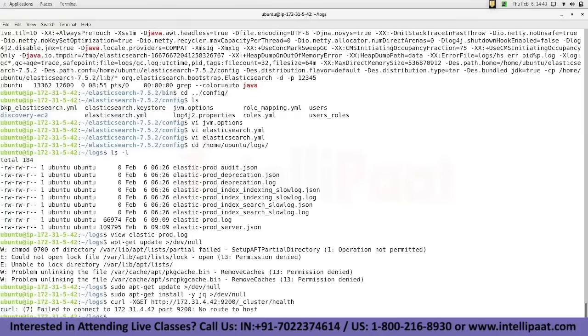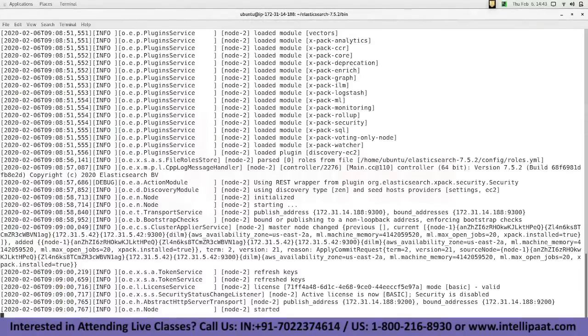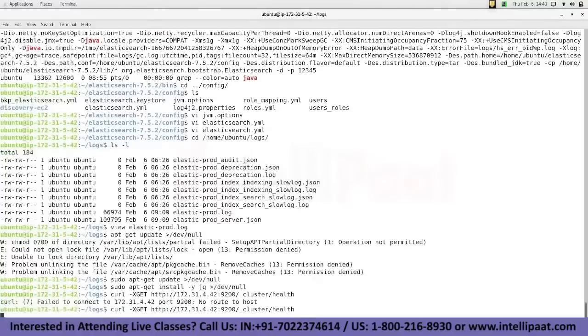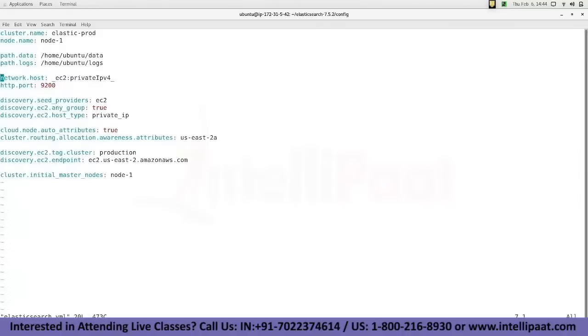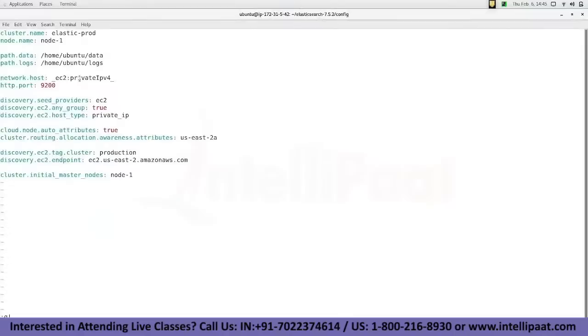Curl -XGET. No route to host. There is no route. EC2 private IP. At which attribute? EC2. US-east-2a. Okay. Yes. This shows in which AWS location these servers are located, for routing purposes, so that they'll